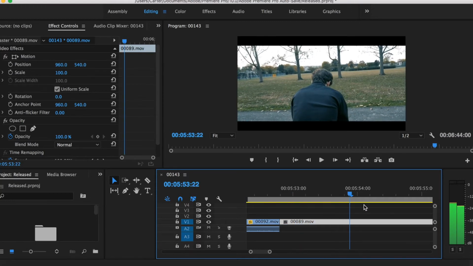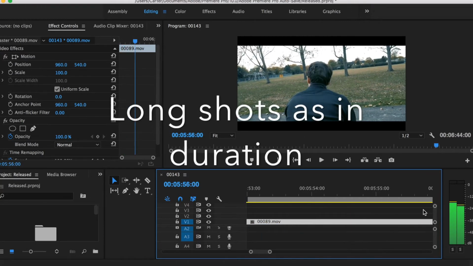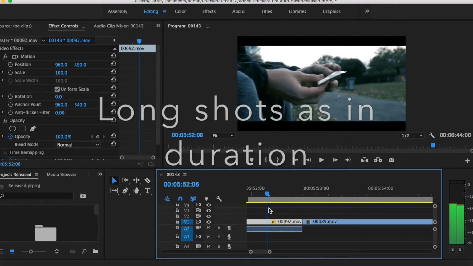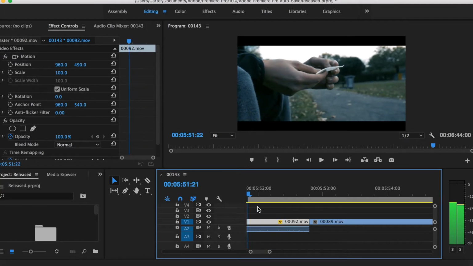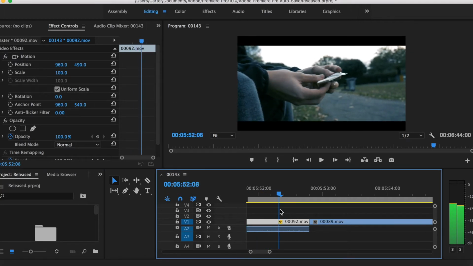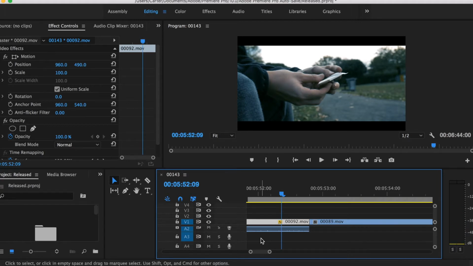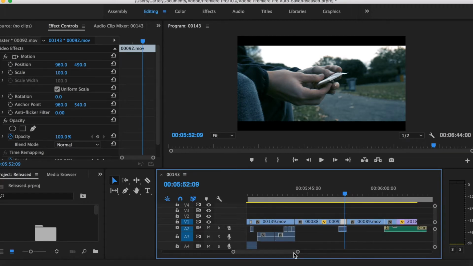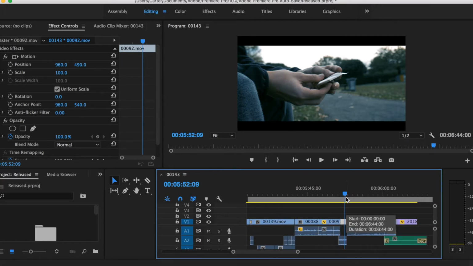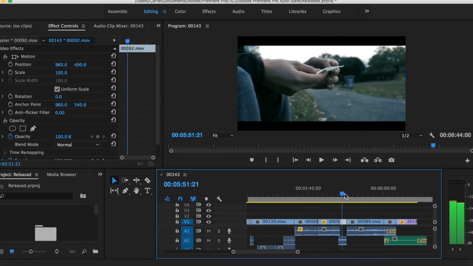Here I created narrative by using long shots and drawing the viewer's attention to Noah and the little bag of cocaine by using close-ups and slowly moving the camera in on him. This is because it shows that there is a lot of pressure on him. So all these close-ups on the bag and Noah, I felt, created a lot of pressure on him,